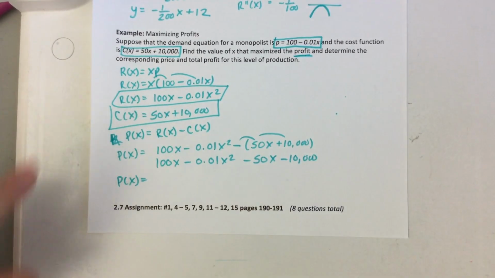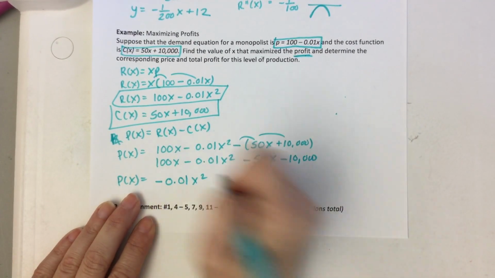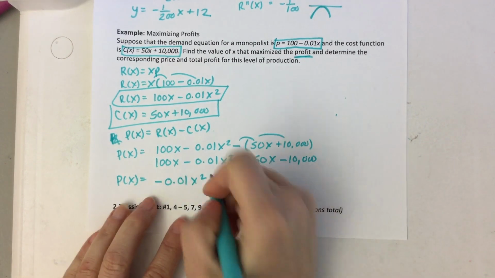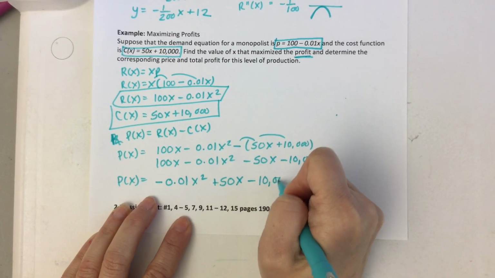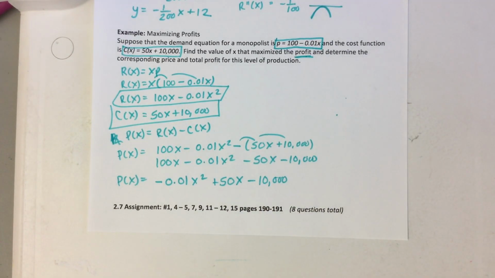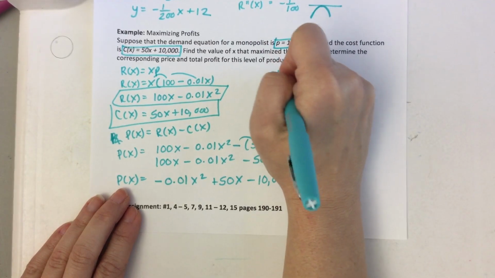Here, my friends, is the profit: negative 0.01x squared, 100x minus 50x is 50x, minus 10,000. There's the profit. If we want to maximize the profit, first derivative,